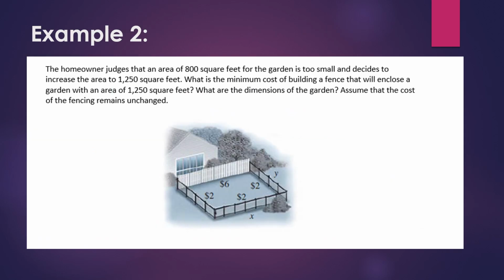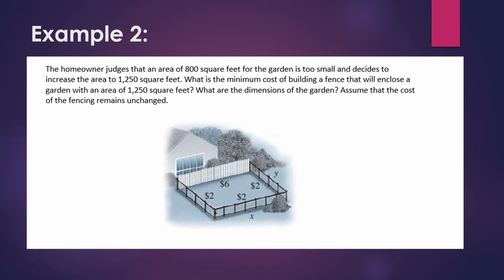So example 2 is a continuation of example 1. That's why everything's looking the same here. It says that the homeowner judges that an area of 800 square feet for the garden is too small and decides to increase the area to 1,250 square feet. I'm asking, what is the minimum cost of building a fence that encloses a garden of 1,250